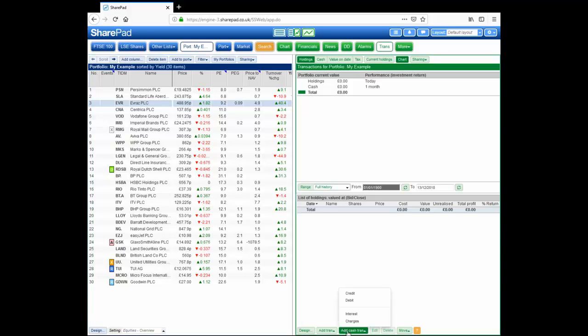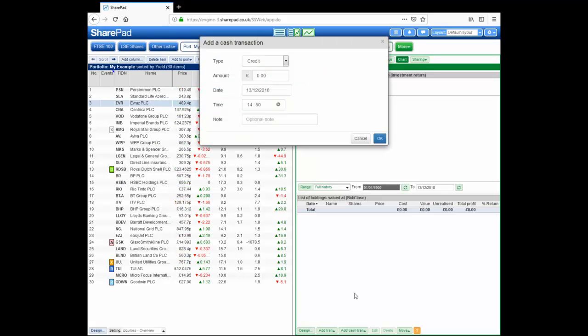Add cash transaction allows you to add cash, credit, or debit any cash. Obviously, if you add more cash to your ISA account, you can click on credit and add the amount that you've deposited. If you withdraw any money, you can click on debit and it will decrease the available cash. We'll start off by crediting our fictional portfolio with a lot of money,